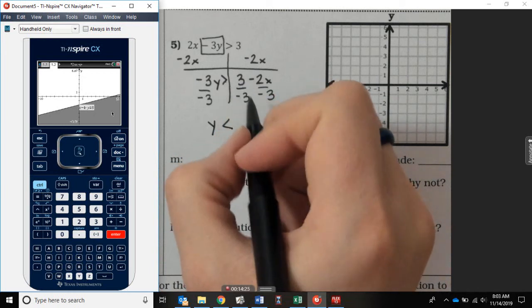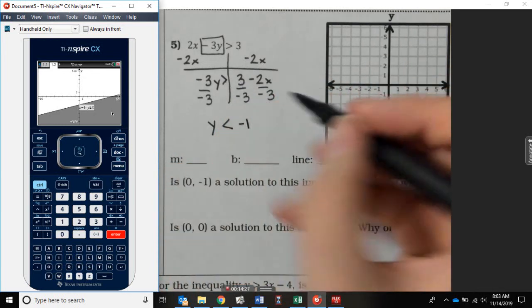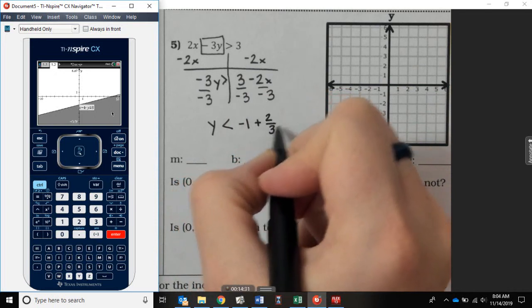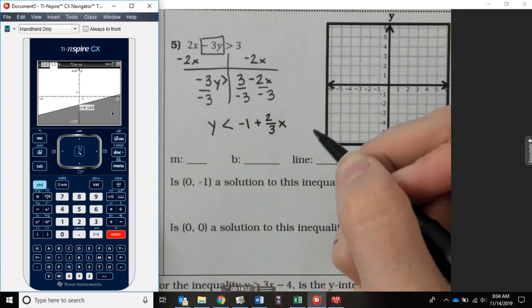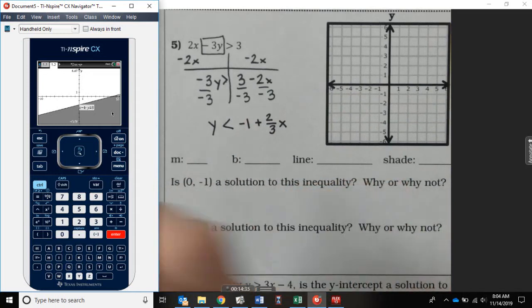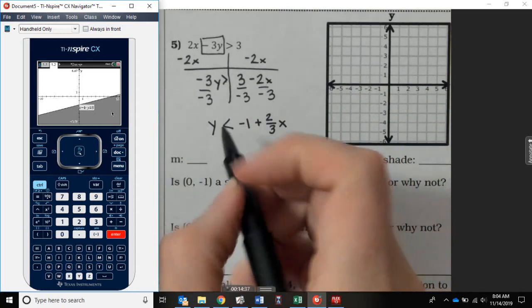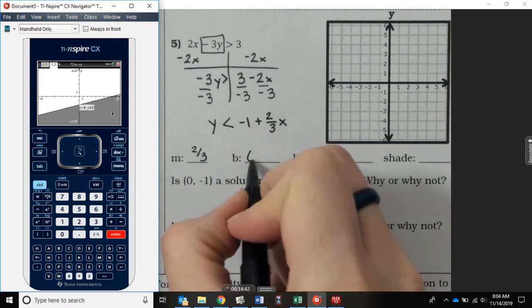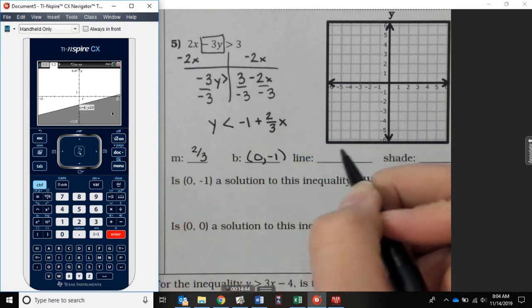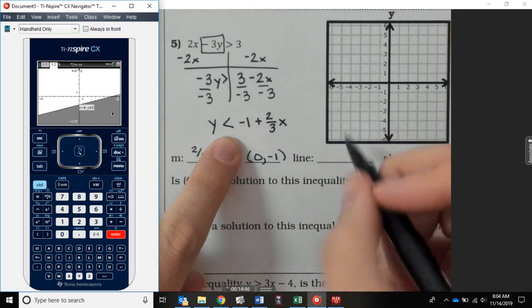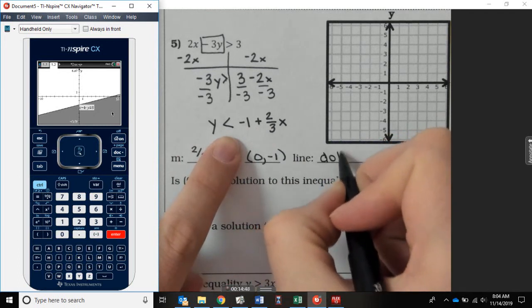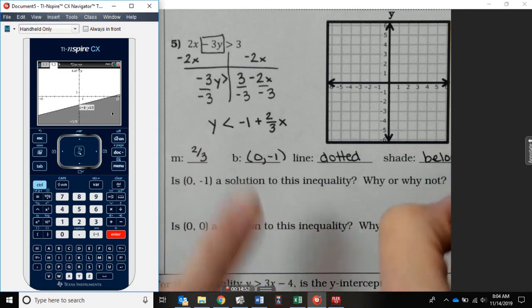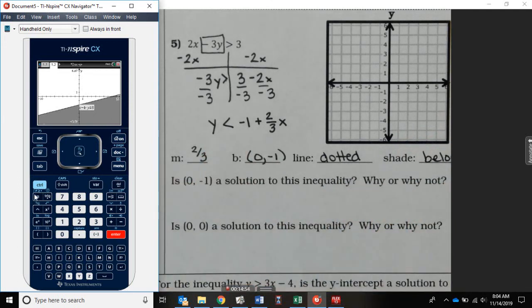And you divide and you get -1. And here you divide and you get a positive 2/3 x. Let's see. My slope is 2/3. My y-intercept is (0, -1). If I look at this, I have a less than, so it's dotted. And we're shaded below the line. And I just want to show you that